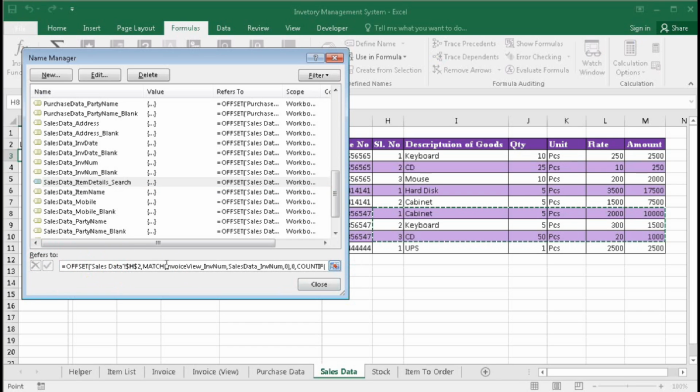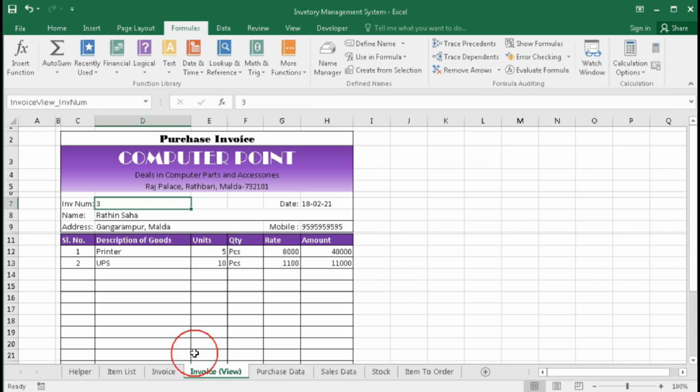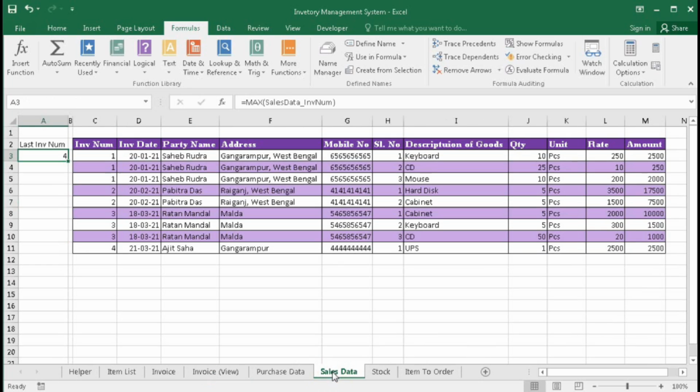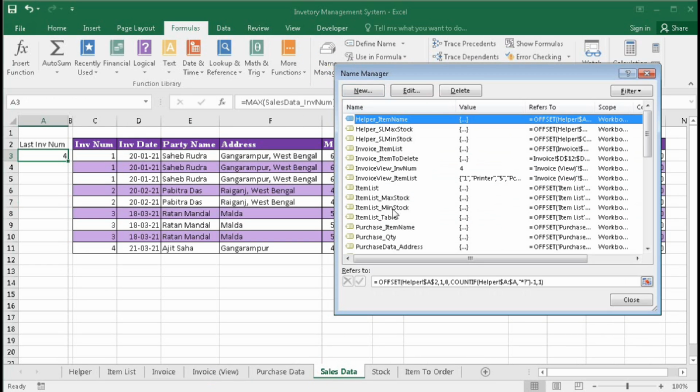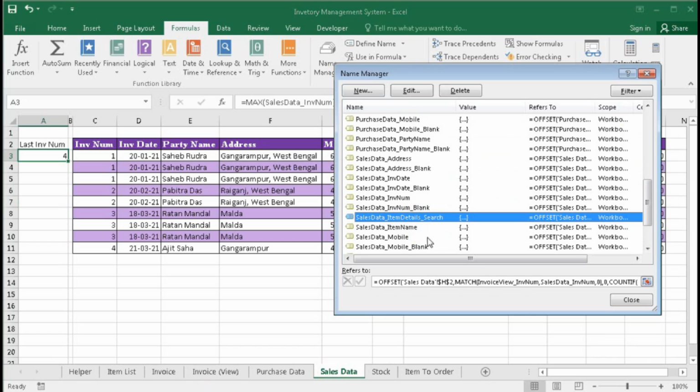Now click here. You can see this one is selected. So it is for 3. So close it. You can see 3 selected here. If I type here 4 and go to this sheet, name manager, sales data, invoice search, item data search, okay.